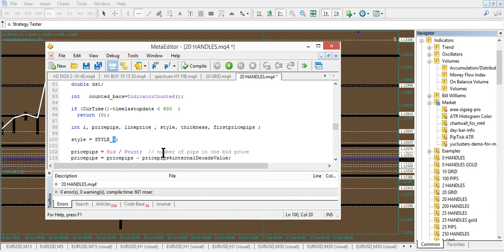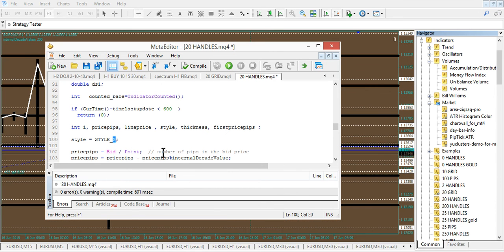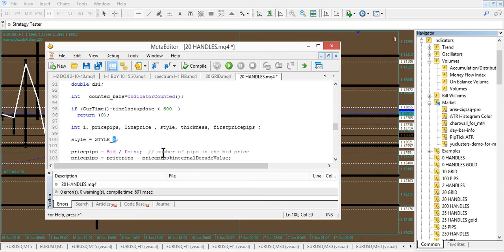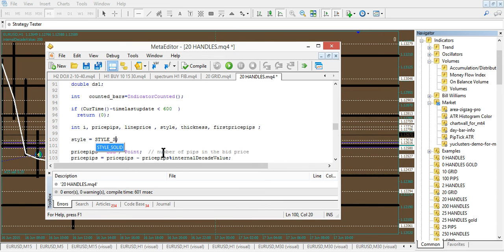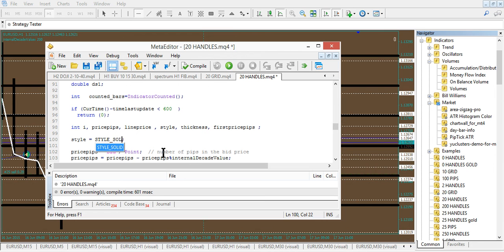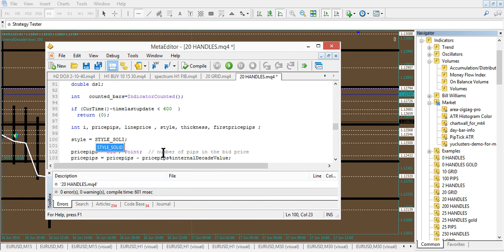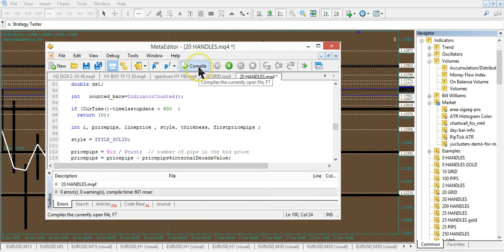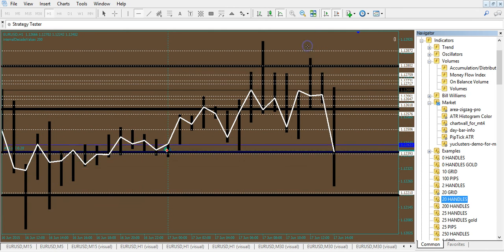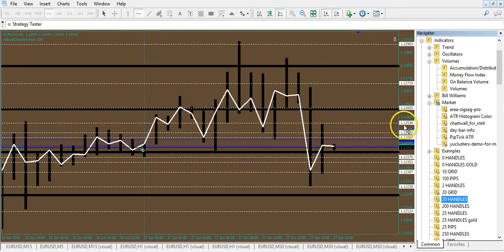It doesn't matter, once you go past a thickness of 1 or go past thickness of 2, it's going to automatically go solid. But I guess if you're anal, you're going to be putting this to solid. There's also dash, dot, dash or something, or like Morse code in there. So I compile that, and now this is the 20 pip